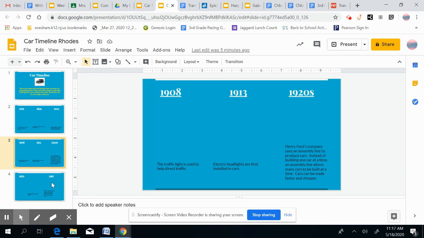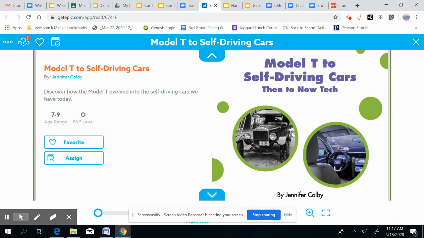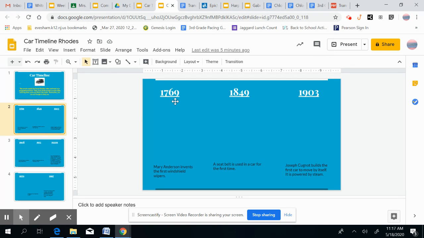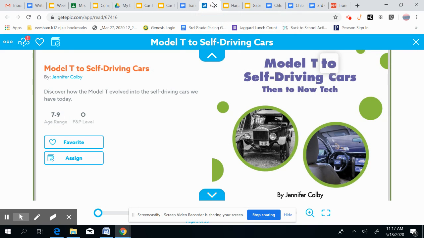Now remember what I said, that this book is not a book that's going to tell you word for word. If I look at my timeline, you're not going to see 1769 and it tells you exactly what happens, right? What you're doing is you're using this book to gain information about cars and how they have changed and evolved, and then making a reasonable